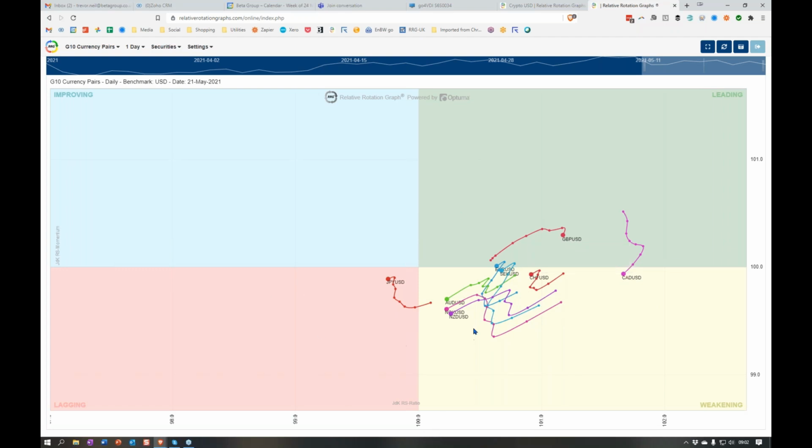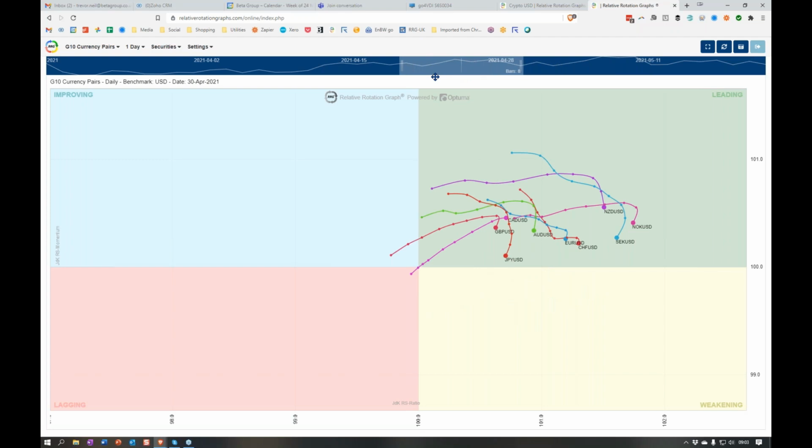Now you might remember going back a couple of weeks ago, we had things moving around on the right hand side here, meaning that they were stronger than the dollar. It was better to be in anything except for the yen than being in the dollar. But we had a fantastic move of the Canadian dollar. I'll just show you this going backwards. If we do that, look at this movement here. You see the Canadian dollar here. I'm just going back to show you what happened. You see here, all the others were on the right hand side. Here's the Canadian dollar here. This is going back